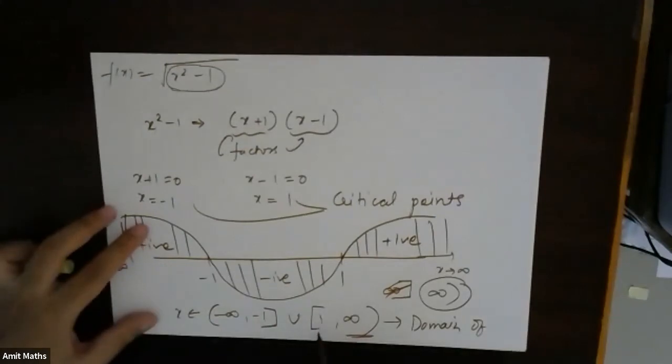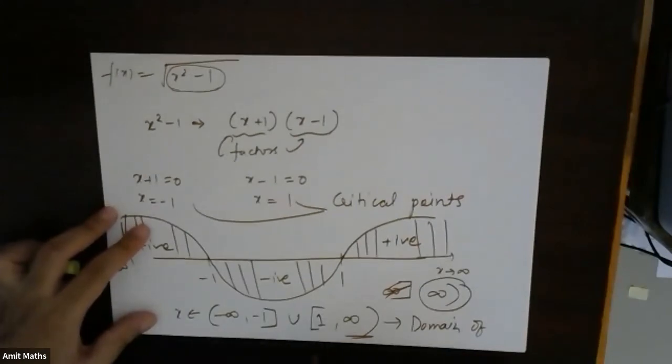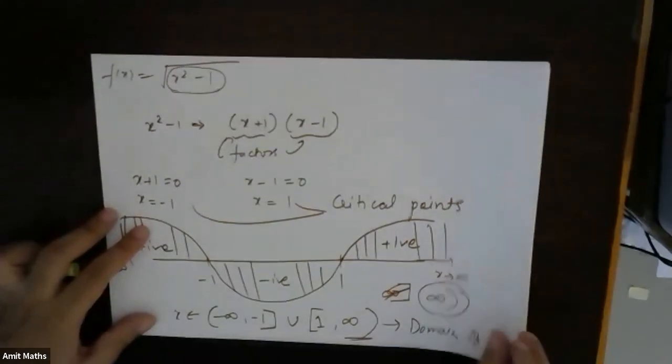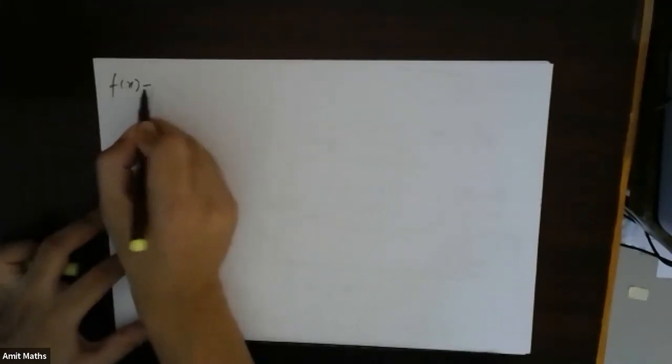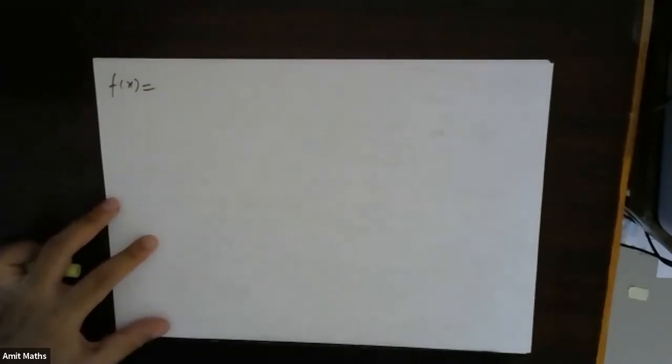When we put this, that means we know this is 1 and this is included. Right? This is not 1.1, this is not 0.99, this is exact 1. 1 is included and everything after 1 is included. Okay. I'll take one more example. With more examples, you will be able to understand this perfectly.